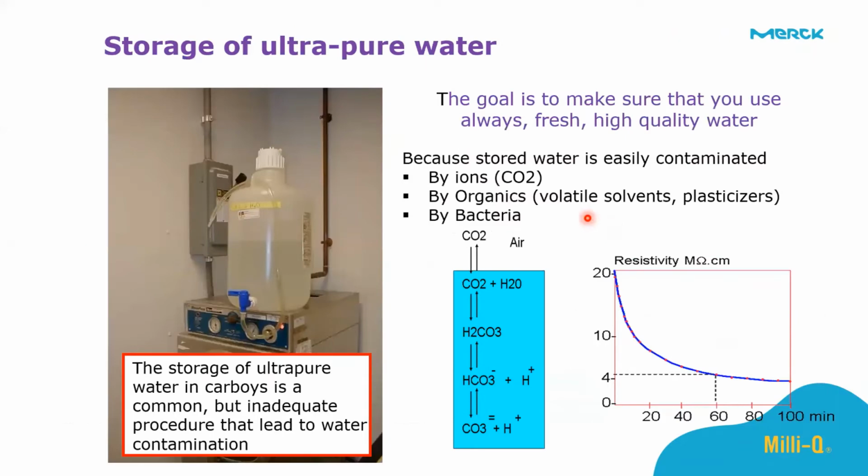And this can be seen in this experiment that was done actually in our labs, where we had ultra pure water that was displayed in the lab in a beaker. At time 0, as we dispensed the water from our system, putting it in that small beaker, the resistivity was 18.2 at 25 degrees. But after 1 hour, you can see the resistivity had fallen to slightly above 4 megaohm. So degradation started almost immediately.